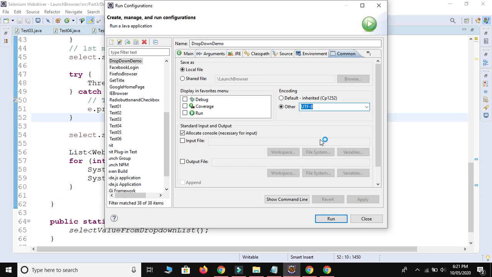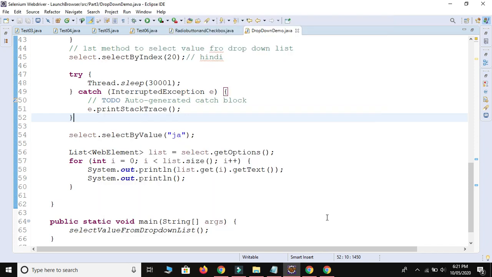UTF-8 is used to print different languages, different symbols, and run. So it will start the execution.